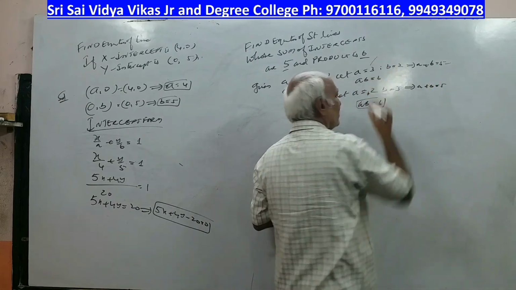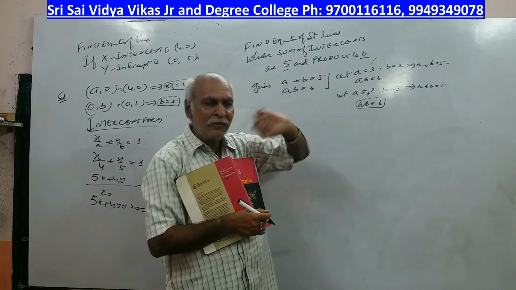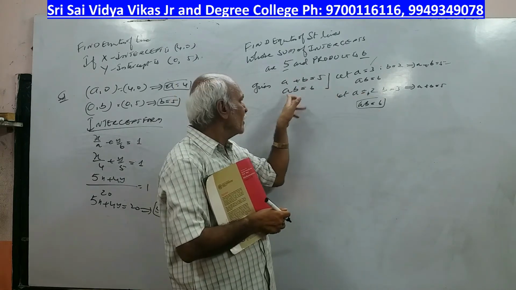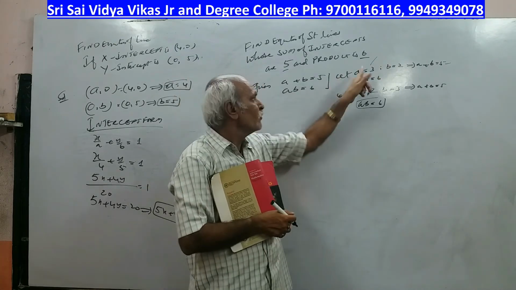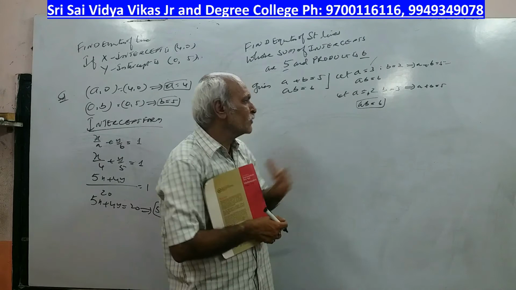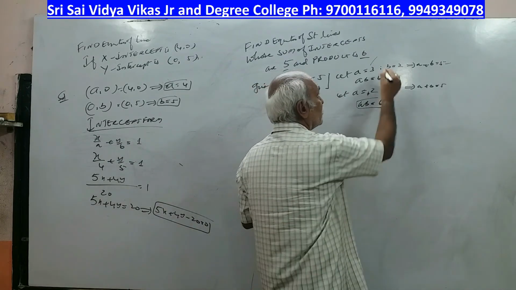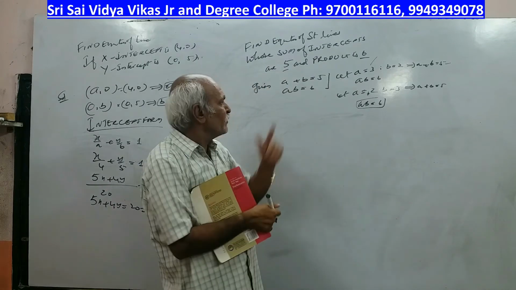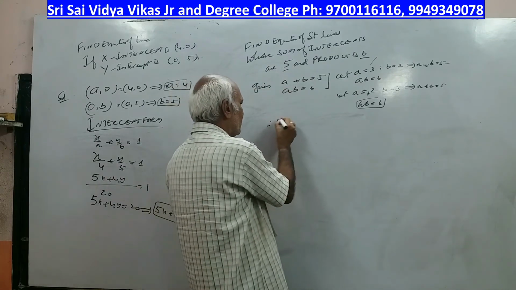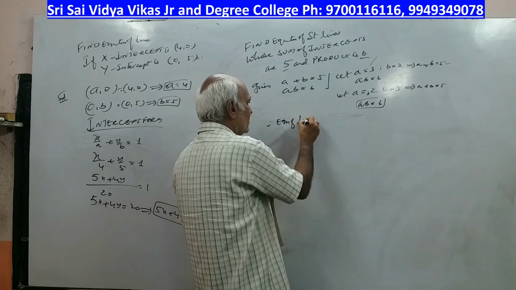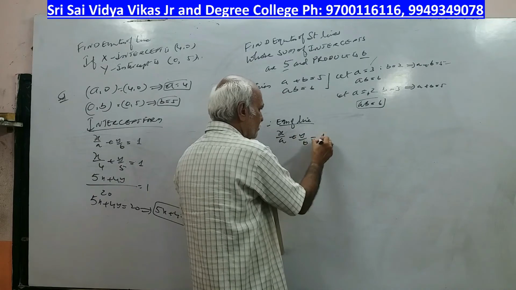Here we are assuming some values. We cannot assume 5 and 0, sir, because intercept cannot be 0. If you assume, what will happen? 5 into 0 will be 0, but that is not equal to 6. So we cannot assume 5 and 0. What am I assuming? 3 and 2. You can assume even 1 comma 4, but 1 into 4 is not equal to 6. So we are assuming such a way that a and b will satisfy the first condition and ab will also satisfy the second condition. Therefore, equation of line is x by a plus y by b is equal to 1.